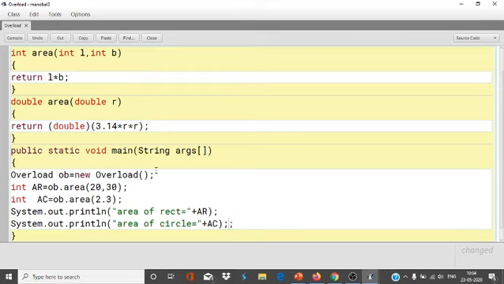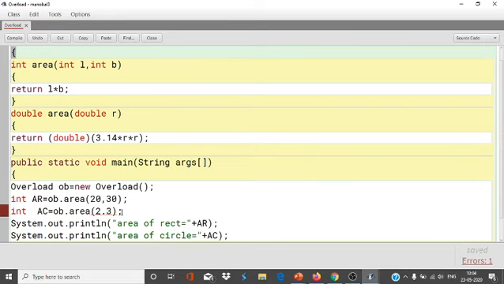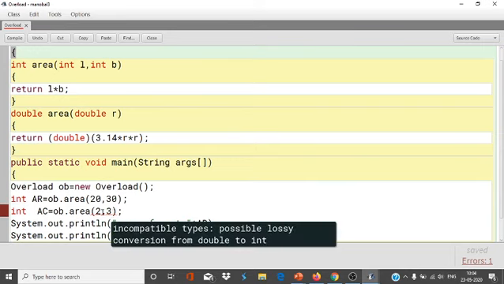With the help of this, we can simply find the area of different shapes.